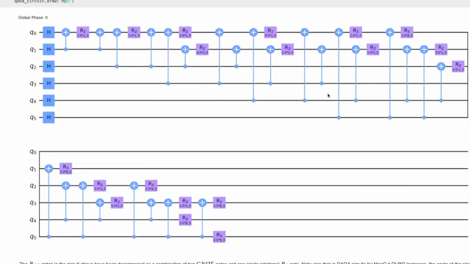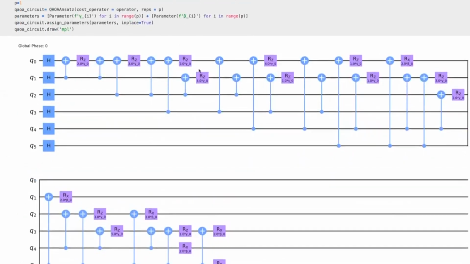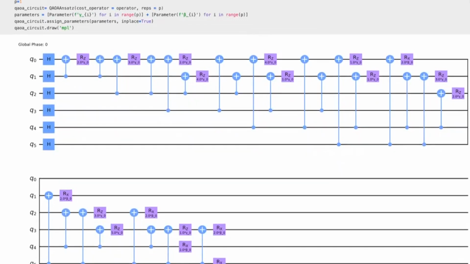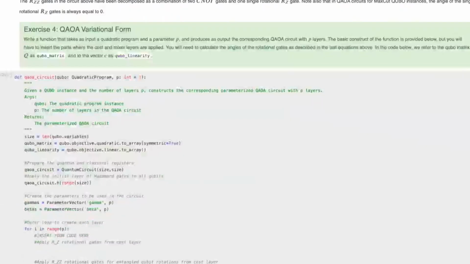If we take a look at the corresponding QAOA circuit, we can see that the rotational Z gates here are parameterized by gamma times some integer value. And since the RZ gates also have periodicity 2 pi, we know that the same periodicity will appear in the gamma parameter. However, for the gamma parameter, the periodicity is much more dependent on the weights of the problem. So if we were to choose floating weights between 0 and 1, for example, we wouldn't have any periodicity at all in the gamma parameter.